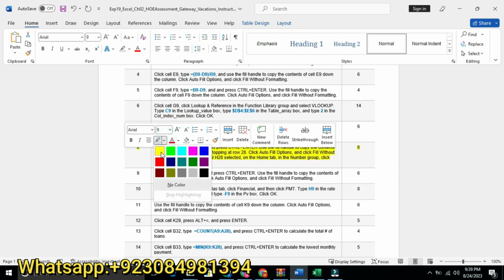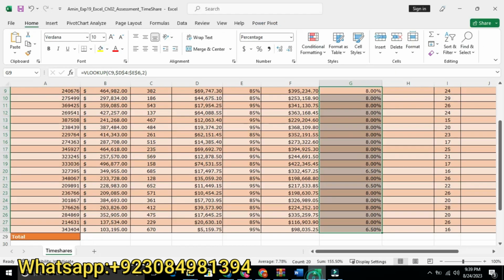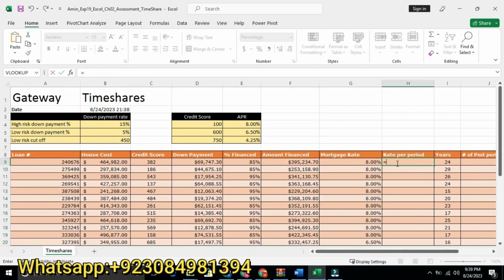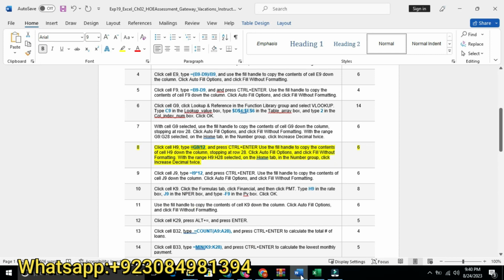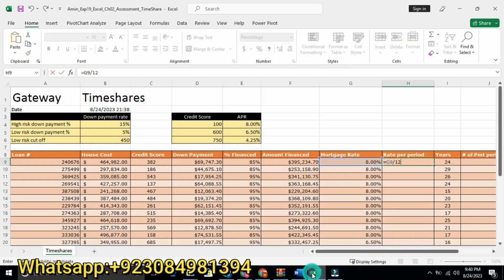Our eighth step is click cell H9, type equals G9 divided by 12. So we will copy this one and go to cell H9. Equals G9 divided by 12, and press Ctrl Enter.